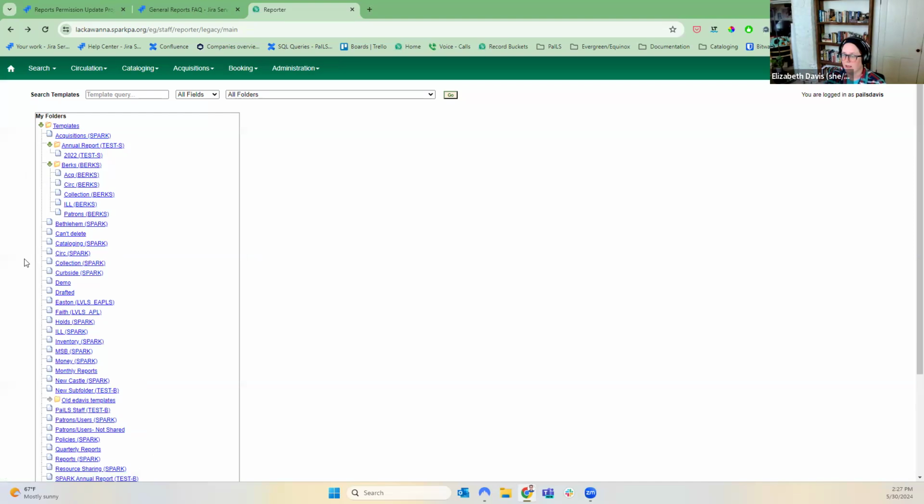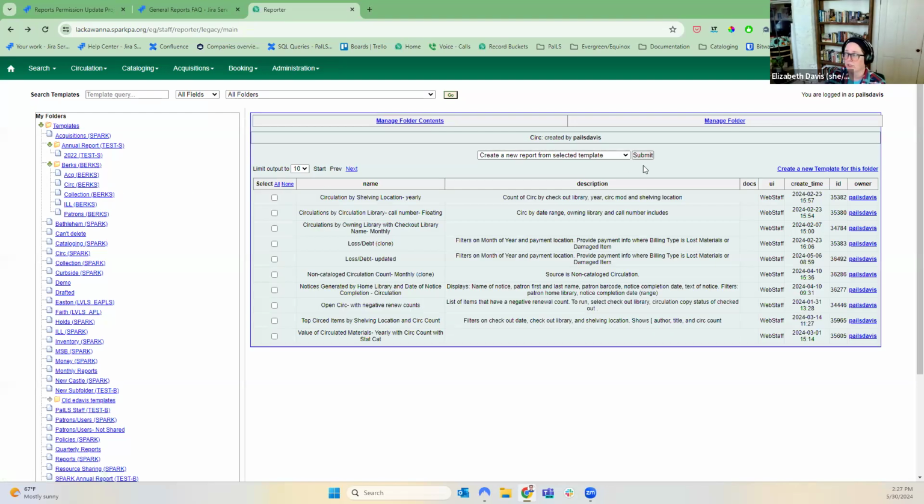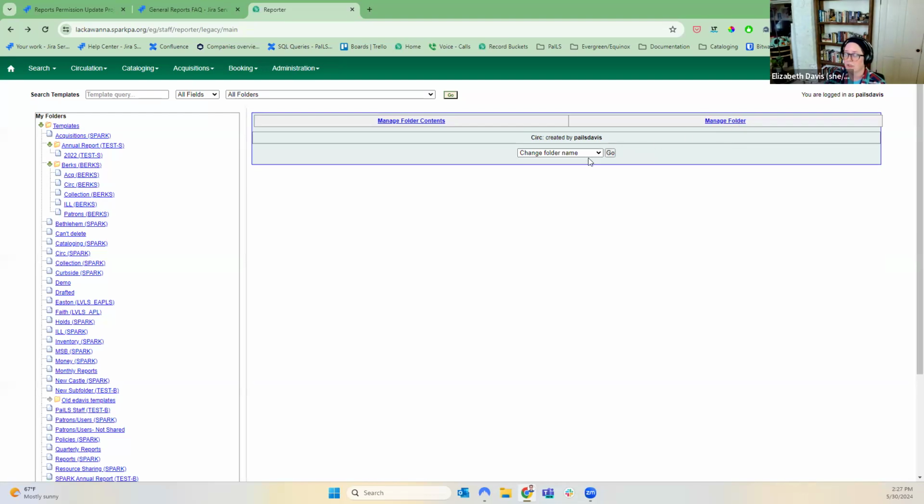So I don't think I have any in that setup, but say I only wanted to share this circ folder with just Reading, I could change it by selecting on the folder, clicking on manage folder, and